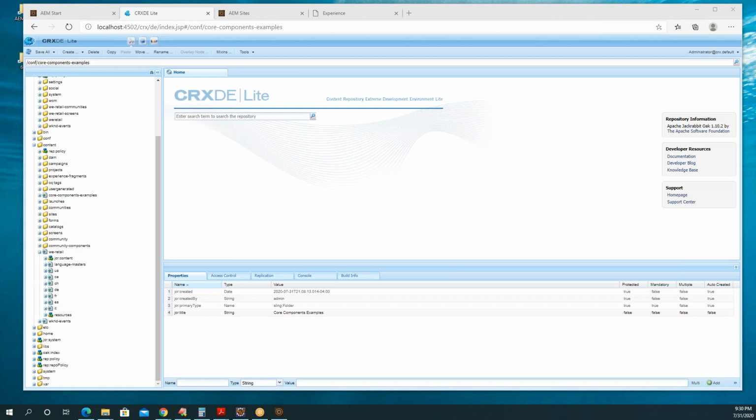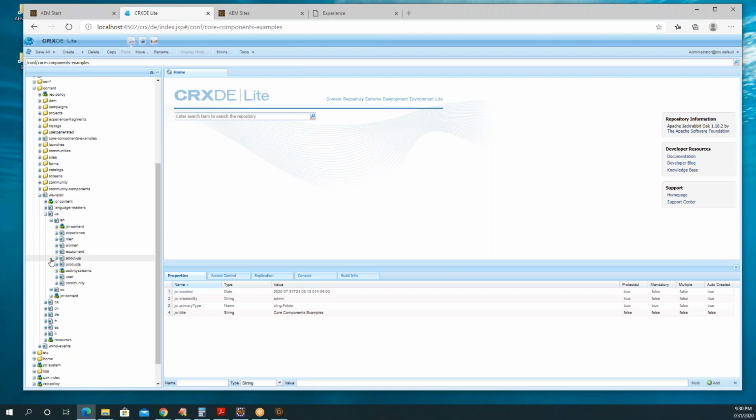So just under W Retail expand US. US, EN. So you can see all your pages are there. Expand experience. So there is parent-child relationship between all the pages. So experience is the child page of English. English is the child page of US. English is the parent page of experience. Okay, so your website should follow this ideal structure. Okay. So now close this W Retail.